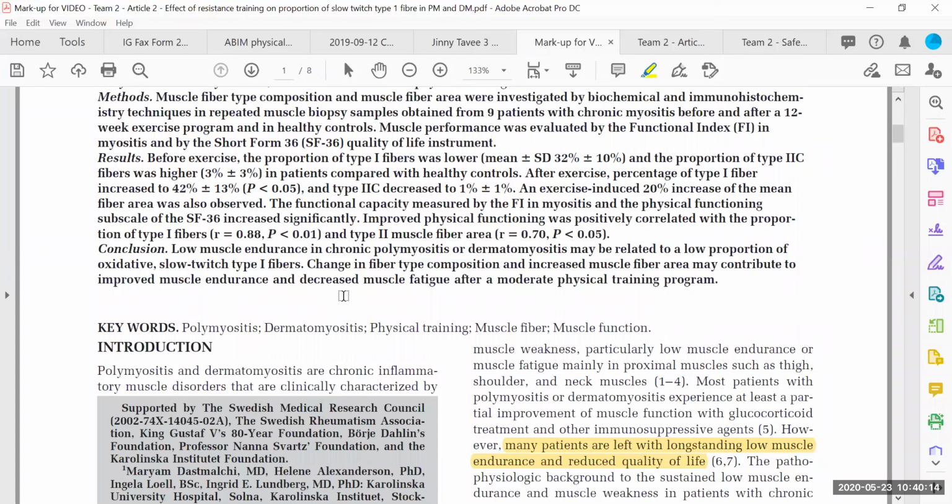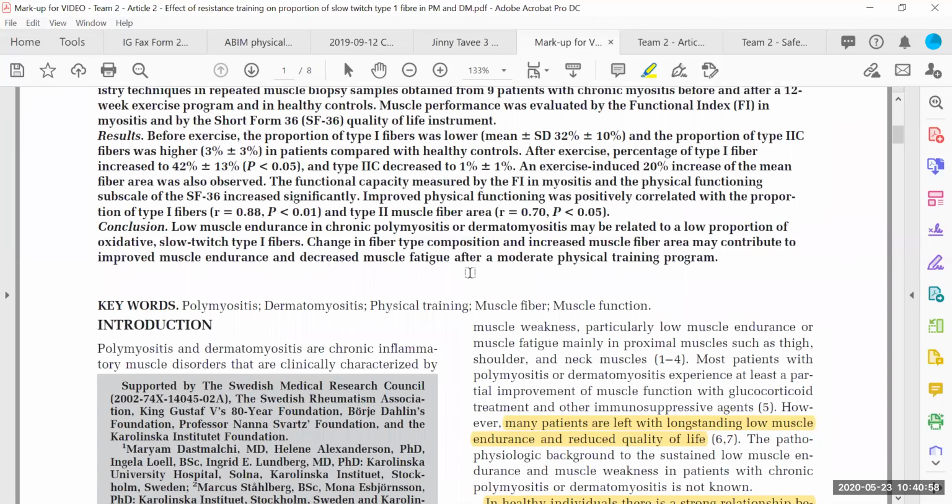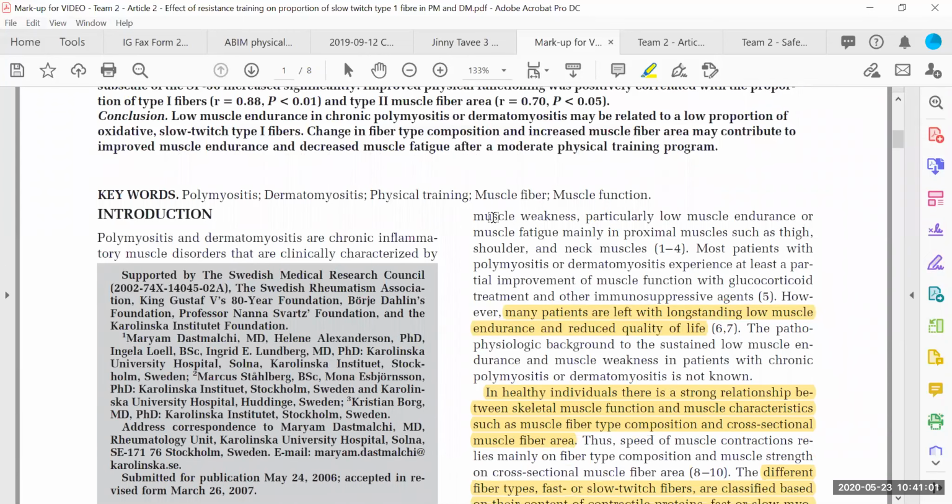And that there was a change in fiber type composition, meaning that there was probably a recruitment of those type 2C's to be transformed to type 1, because they have the potential to do that. They have the potential to change, to go down a pathway or to become a type 1 more enduring type of fiber versus a fast acting kind of burst type of fiber. And we'll talk about that more. And so, this improved muscle endurance, and there was decreased muscle fatigue in relationship to this physical training program, which we saw in